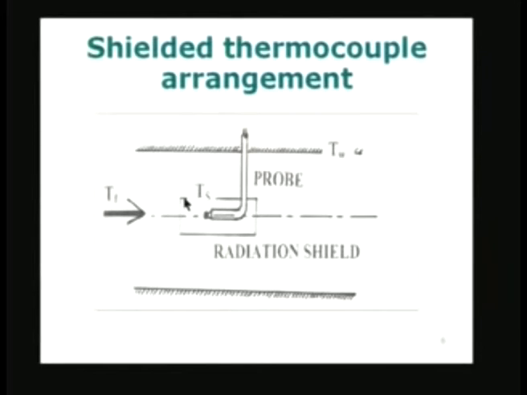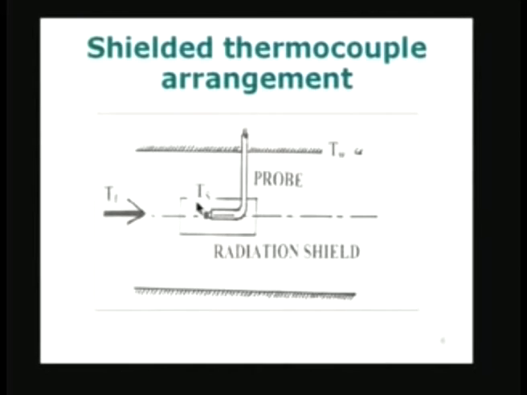Sometimes the shield is also made in the form of a nozzle, a converging diverging nozzle, so that the fluid which is entering and going past the probe is made to go at a velocity much higher than the velocity prevailing in the duct itself. Okay. So, if you remember the basic heat transfer ideas, if the fluid velocity increases, the efficiency of the heat transfer between the fluid and the surface also increases, and therefore, if I increase the